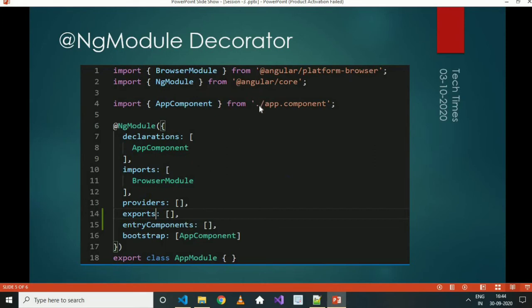Let's move to the ng-module decorator. Just like the component decorator which we had in the app.component.ts file, ng-module is also a class decorator. It contains a bunch of components which are required by our Angular application. It has several metadata properties. So let's understand ng-module's metadata properties in detail.